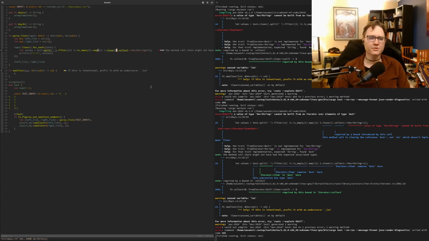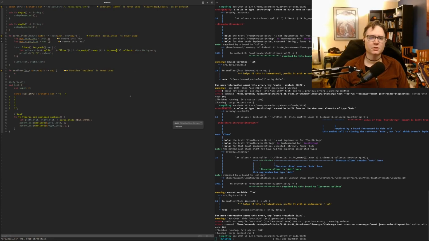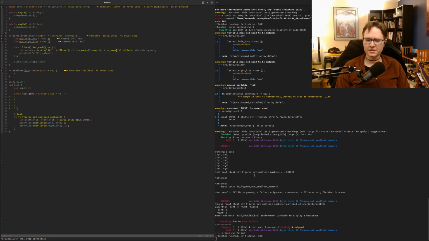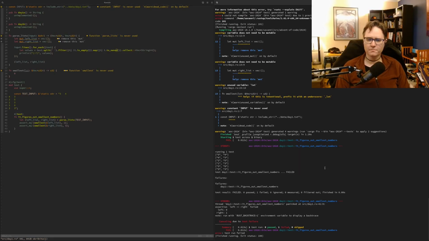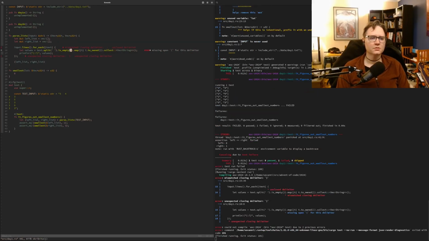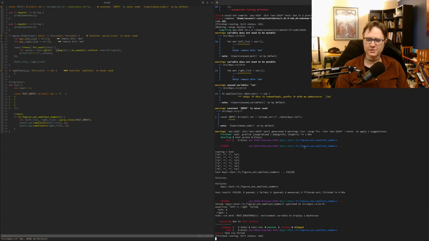Oh, clone isn't the right thing to do. You go from a reference to a string to an actual string by calling toOwned. And what I expect to get, okay, cool. I'm really curious as to whether the split function will give me some empty strings, so I'm going to remove that filter for a moment. Oh yeah, quite a few empty strings. So let's go ahead and filter those out.